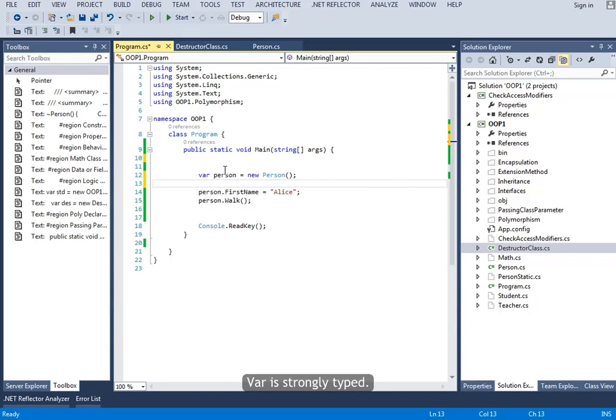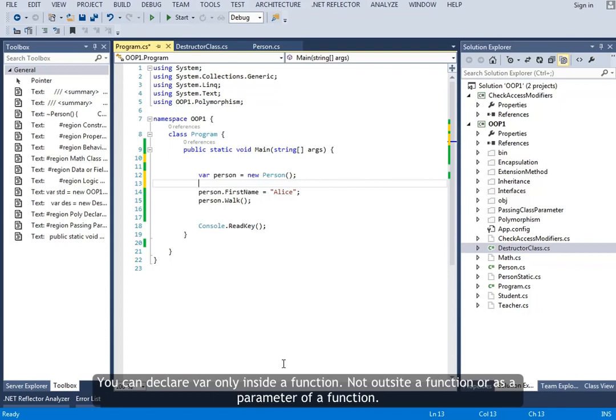And dynamic resolves when you need the object, or at runtime when you call the object. Dynamic is weakly typed. If you have any idea about weakly typed, C# is strongly typed and weakly typed. So let's not go very deep into this because there are very deep conversations about these types of topics. Just go very simple and